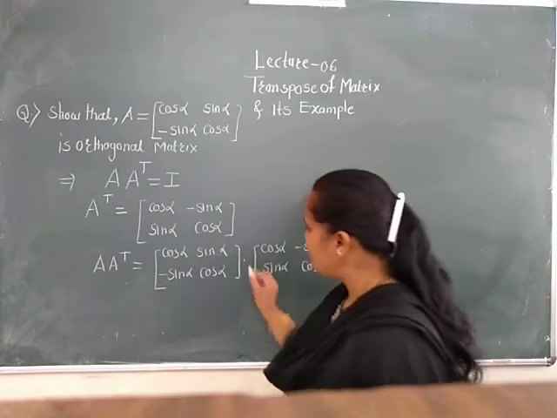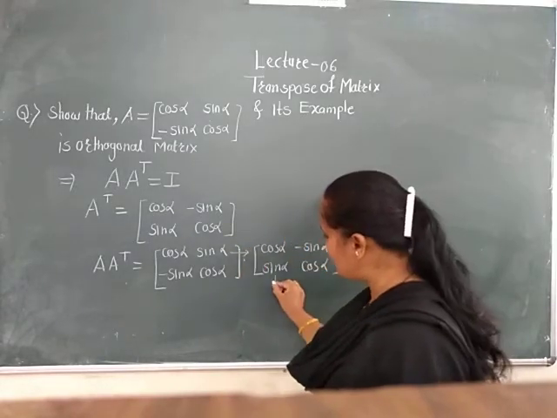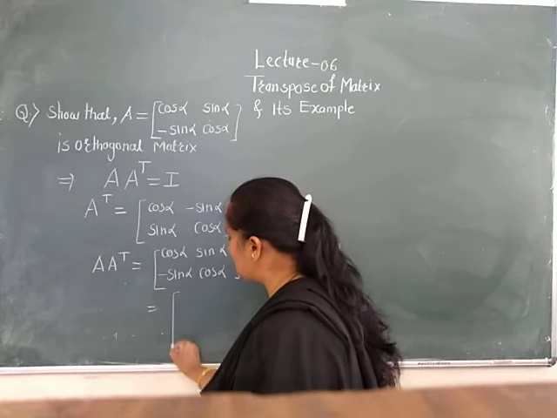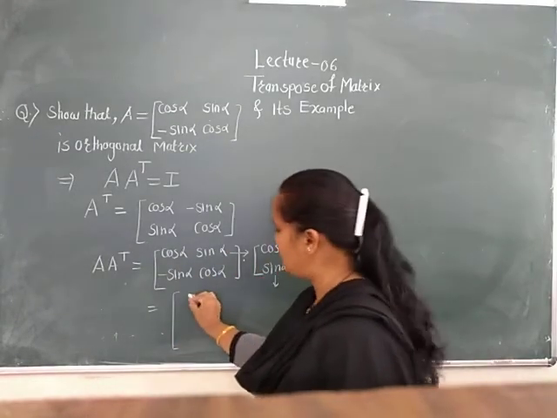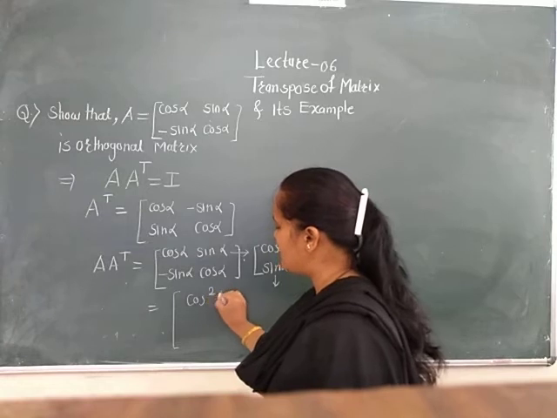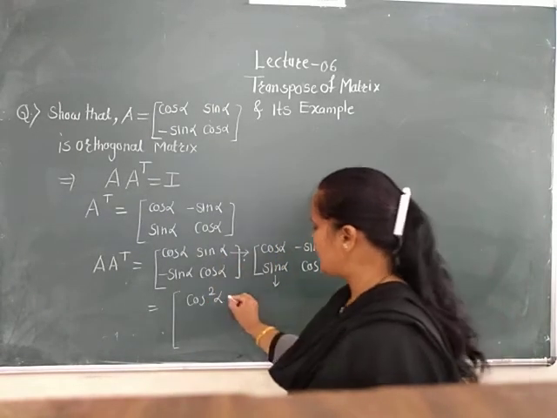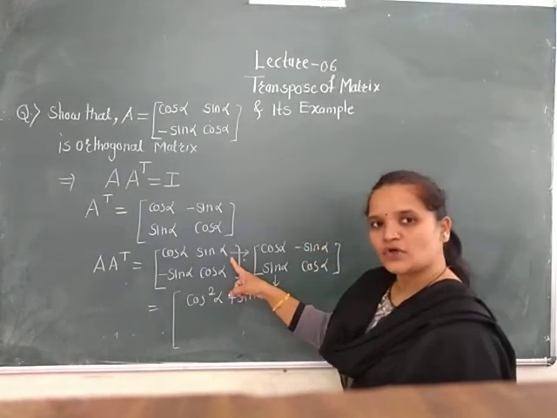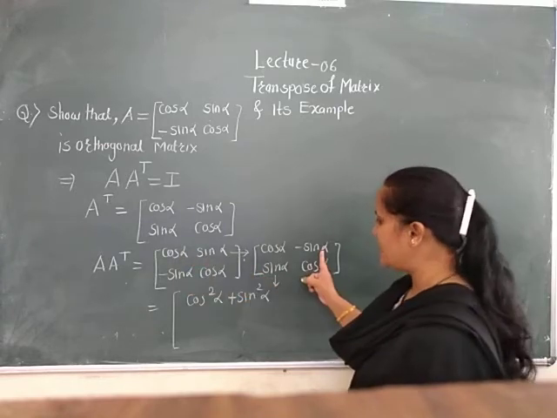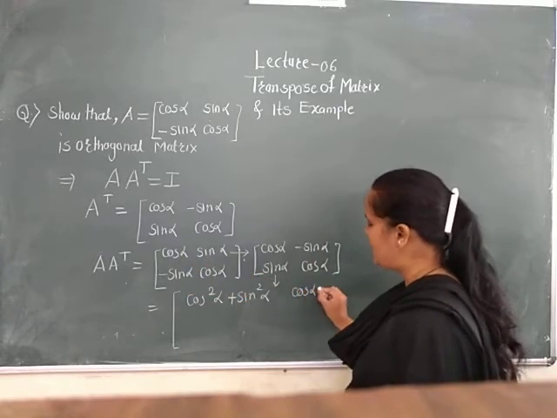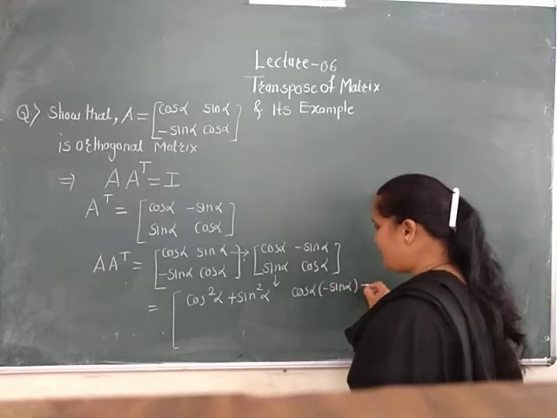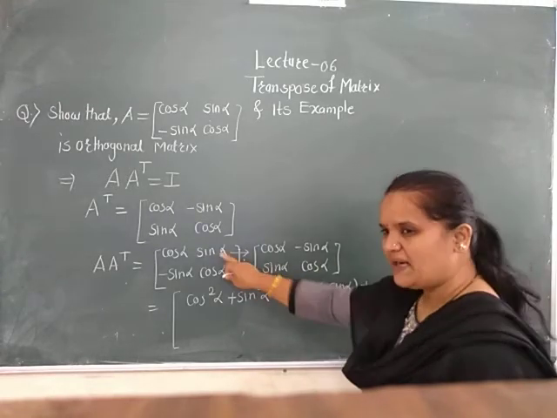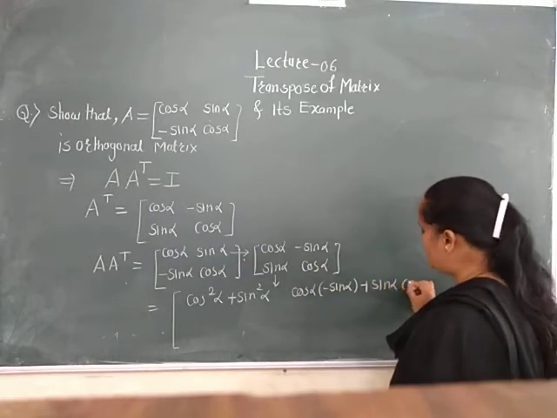Now we know matrix multiplication here. Once again we will discuss here. This is the first row. First row will be multiplied to first column. In that, first element to first, second to second. So it is equal to cos alpha into cos alpha, it becomes cos square alpha. Sin alpha into sin alpha, it becomes sin square alpha. Next, first row, but which column? Second column. Cos alpha into minus sin alpha, plus sin alpha into cos alpha.